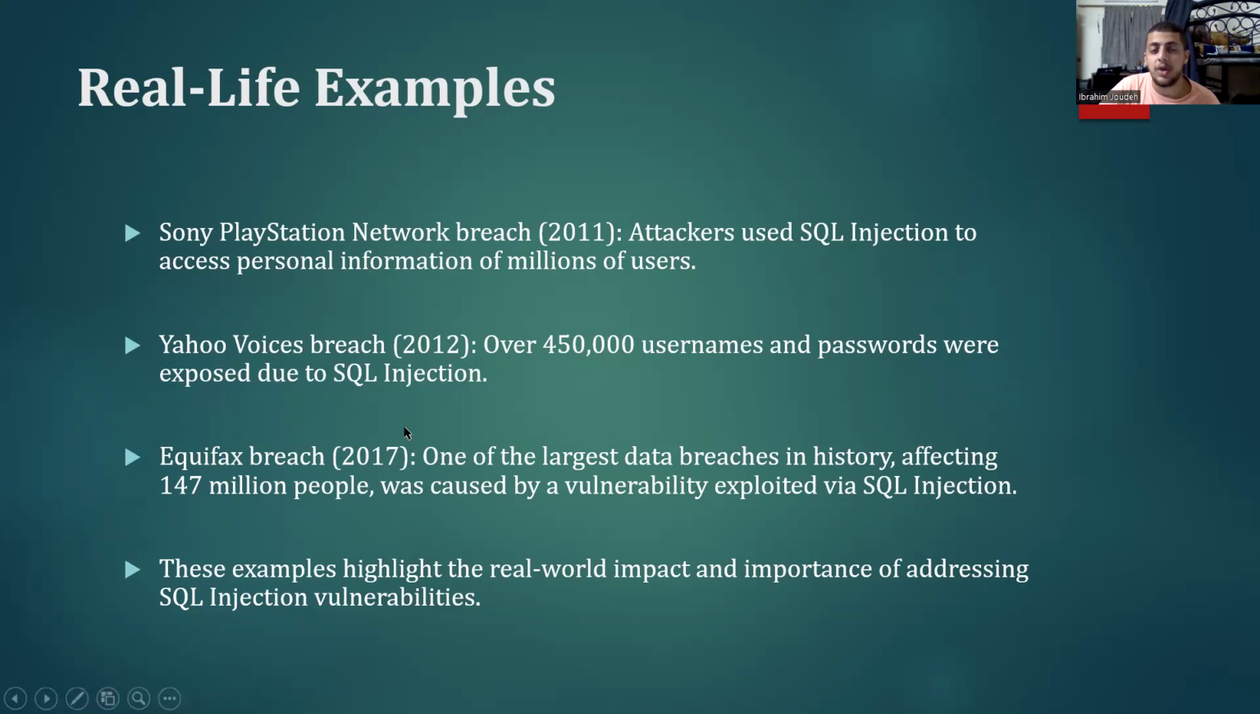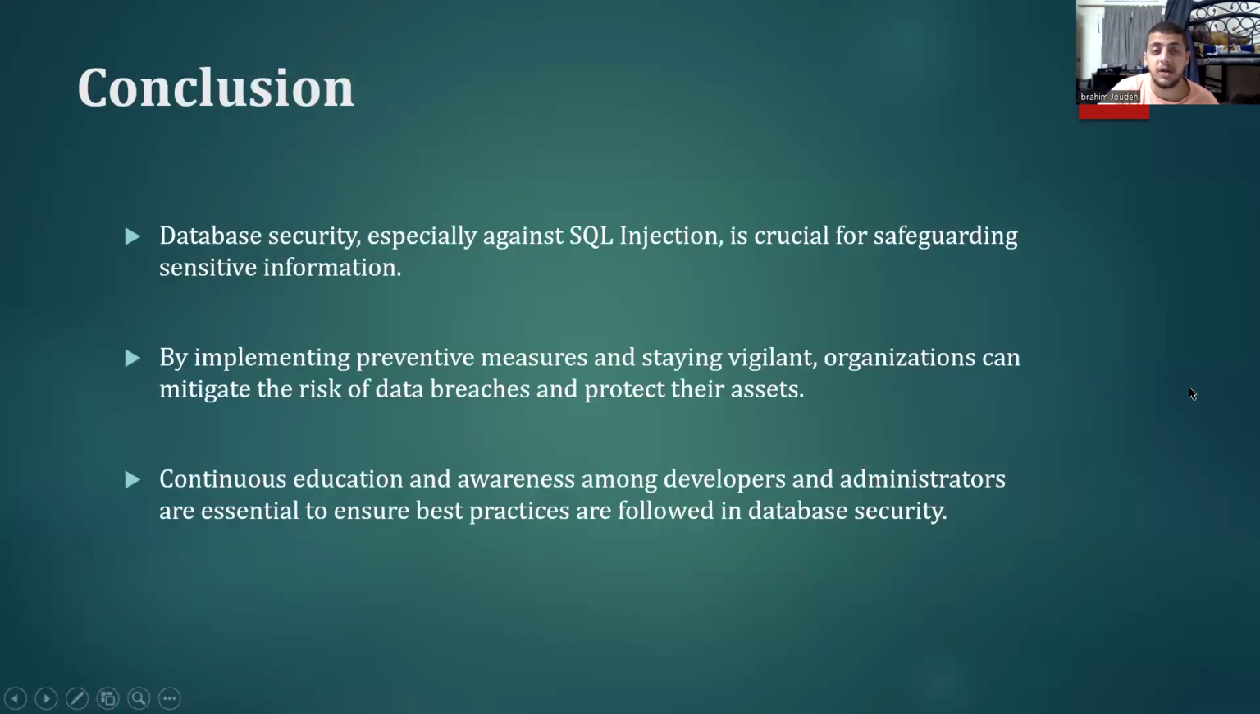Equifax breach. In 2017, one of the largest data breaches in history, affecting 147 million people, was caused by a vulnerability exploited via SQL injection. This example highlights the real-world impact and importance of addressing SQL injection vulnerabilities. Conclusion. Database security, especially against SQL injection, is crucial for safeguarding sensitive information. Protect your sensitive information, your organization's